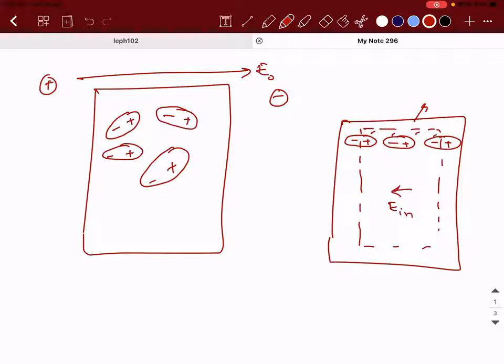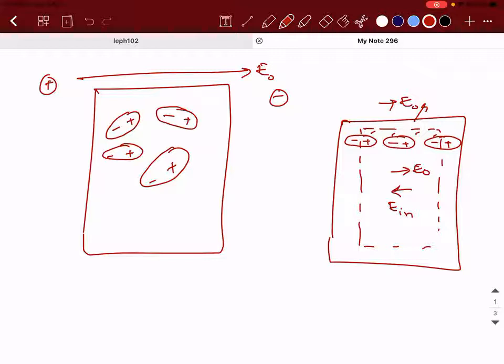But here the question is, is this value of induced electric field going to be exactly equal to the external electric field, like how it took place in the case of conductors? What do you think is the answer? They will not be the same. Which one will be less? Obviously, induced will be slightly lesser,